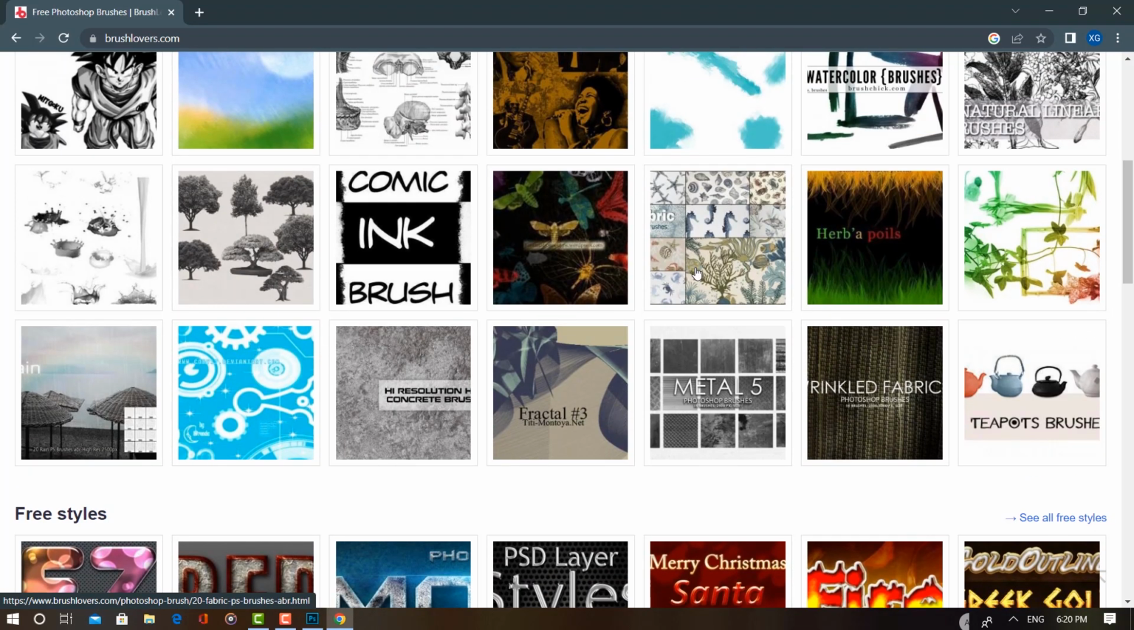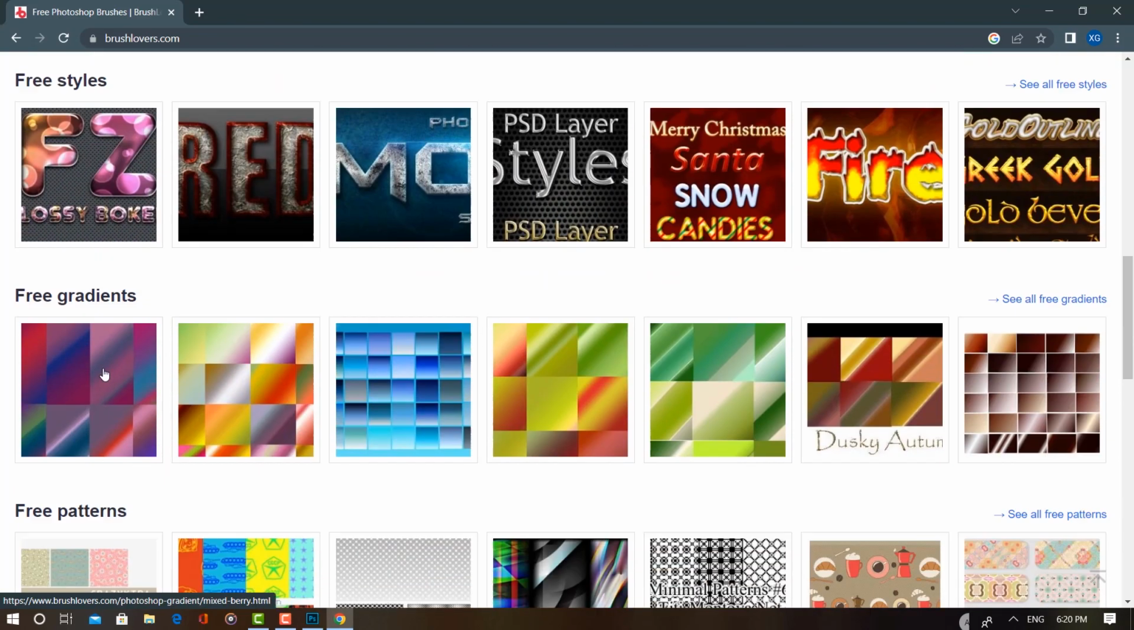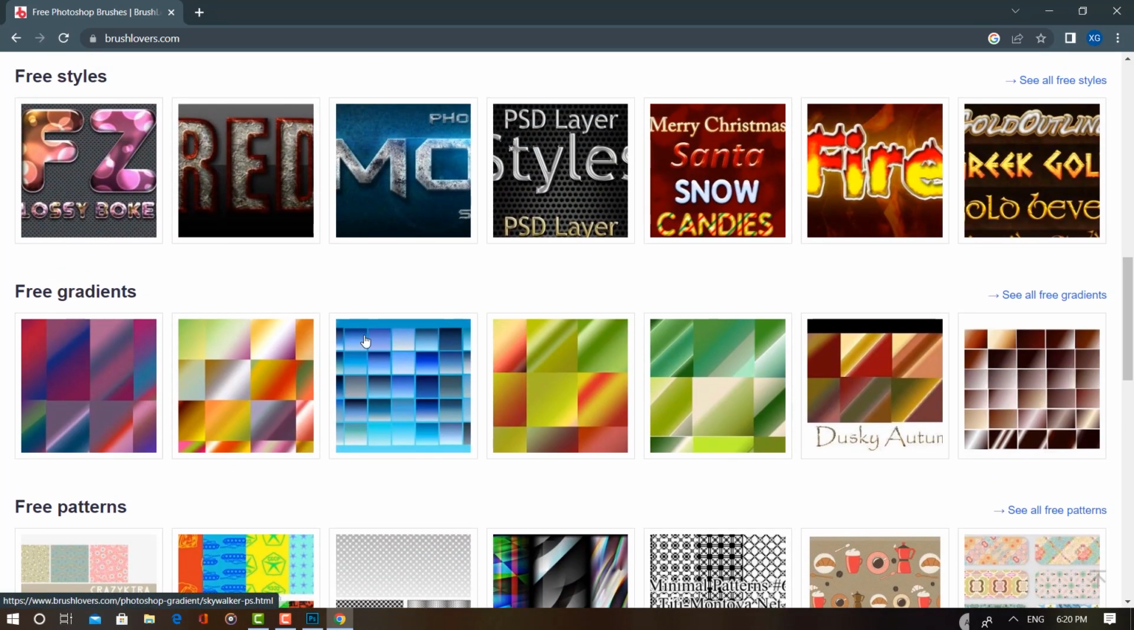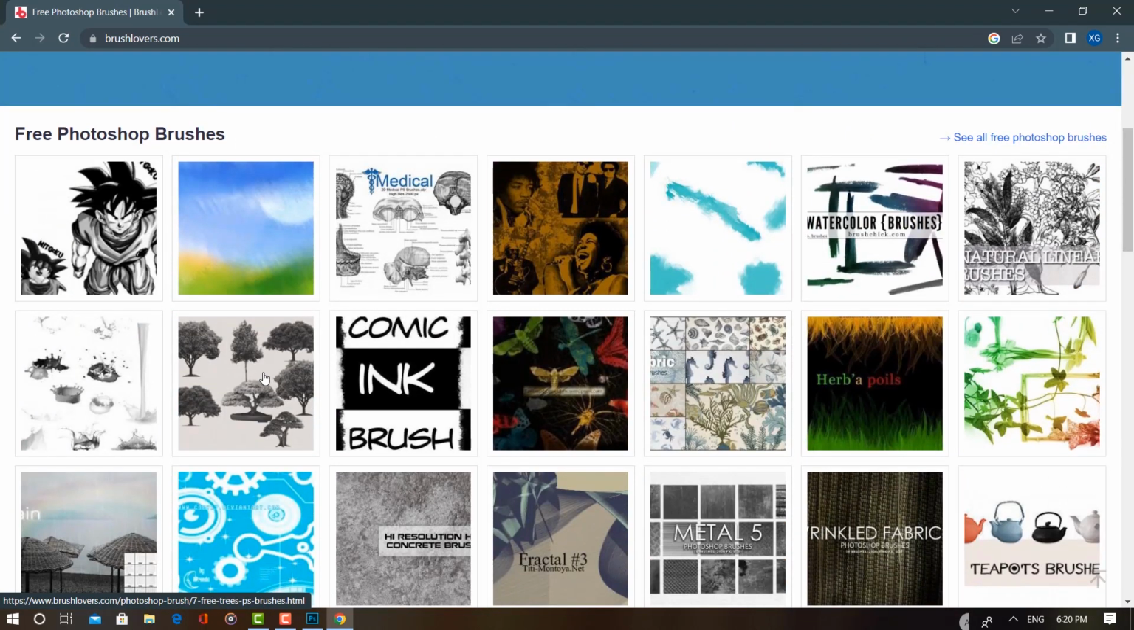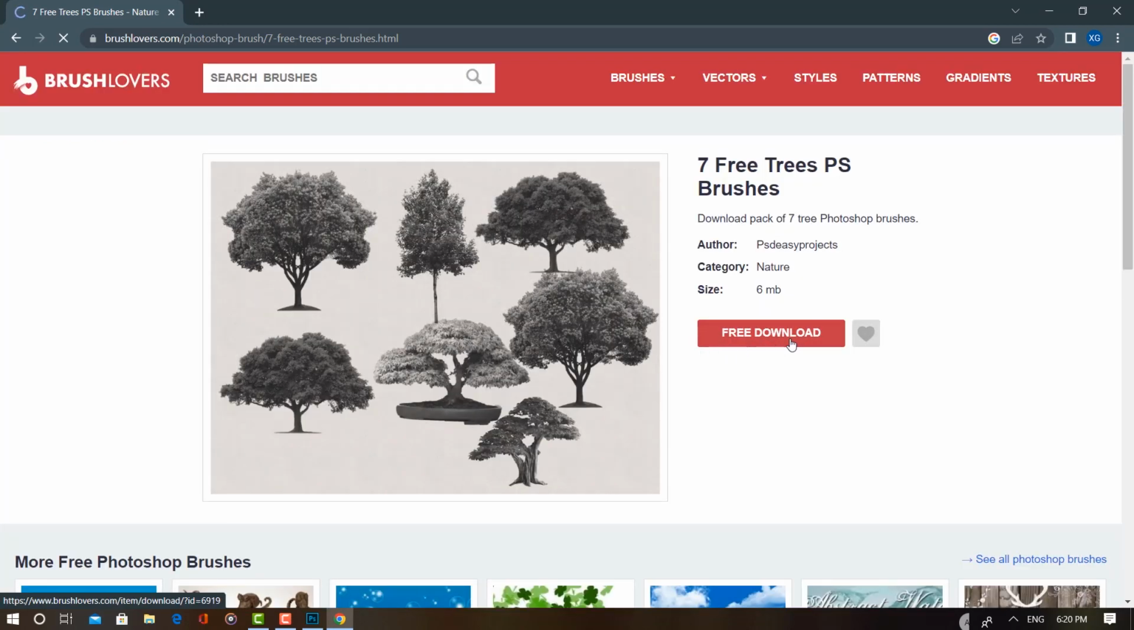And if we click on them, they have many of the same brushes here. But we have to pay attention, they are not brushes. They are styles, gradients, patterns. They are different, and we will talk about them in the next lessons. So for example, these trees, they are brushes, and now I click on them. And when I click on the free download here,